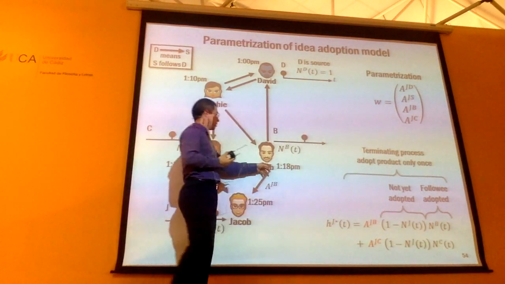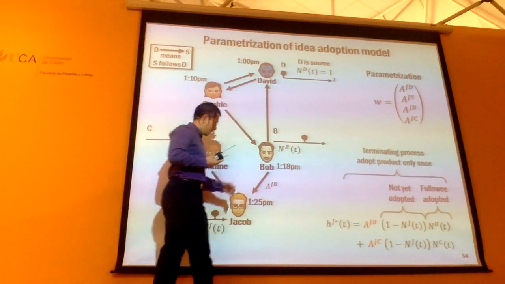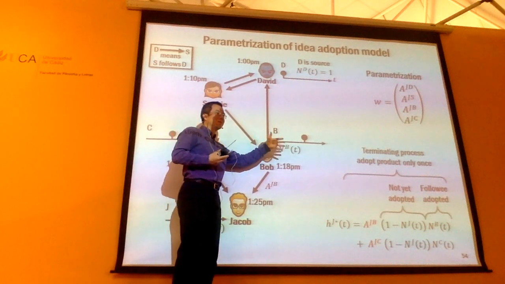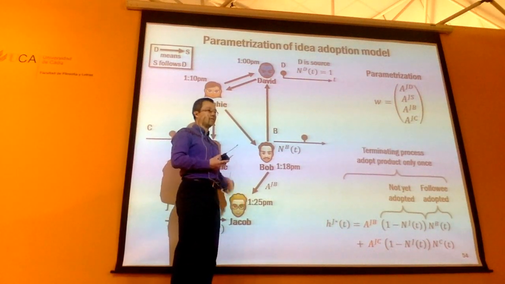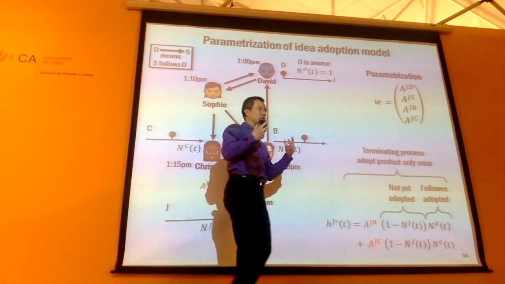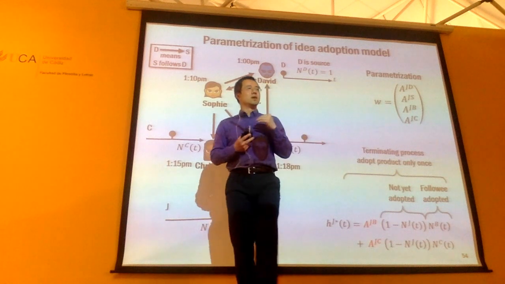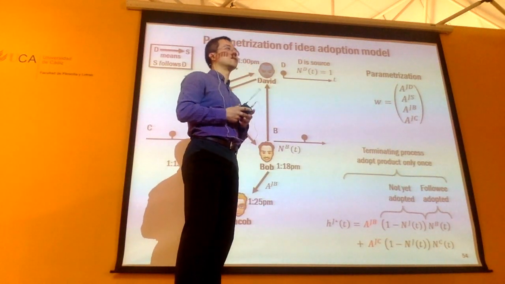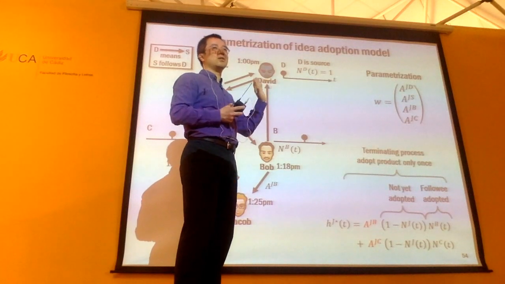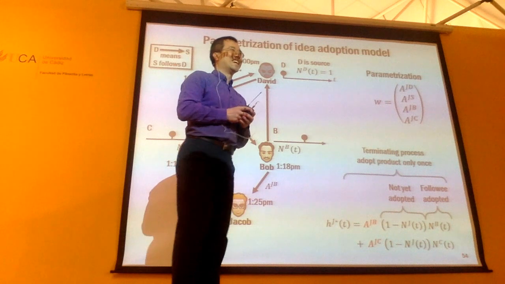Suppose Bob is a scientist. Okay, he has some property, and then Jacob is also a scientist. Right. When you actually determine the influence between Bob and Jacob, we can look at the inner product between the features, not just 0, 1. Okay? So you can incorporate all these things. In that case we call it topic modeling information diffusion. So the next thing is, once you learn this basic language, you can just incorporate many things. Okay, that's the wish.